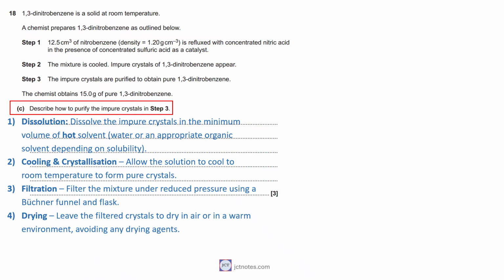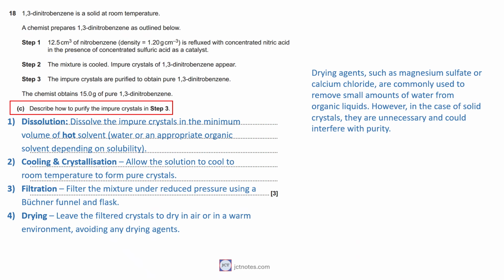In the final step, the crystals are dried in air or in a warm environment, avoiding any drying agents. Drying agents are commonly used to remove small amounts of water from organic liquids. However, in the case of solid crystals, they are unnecessary and could